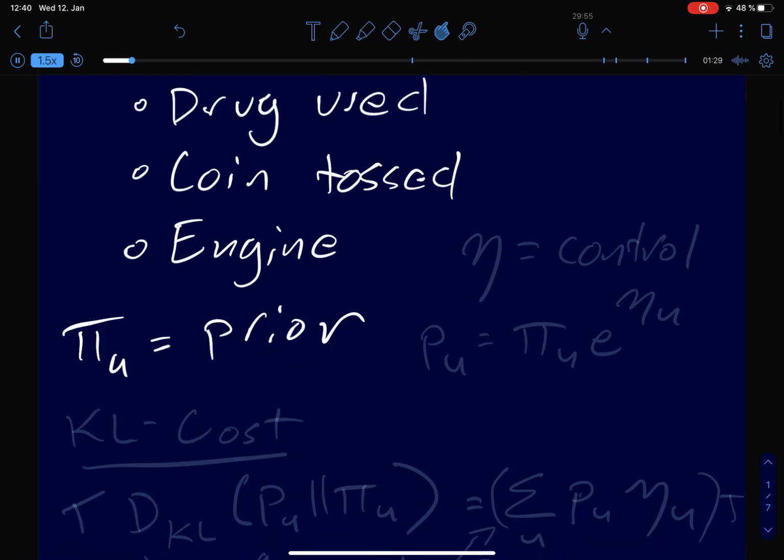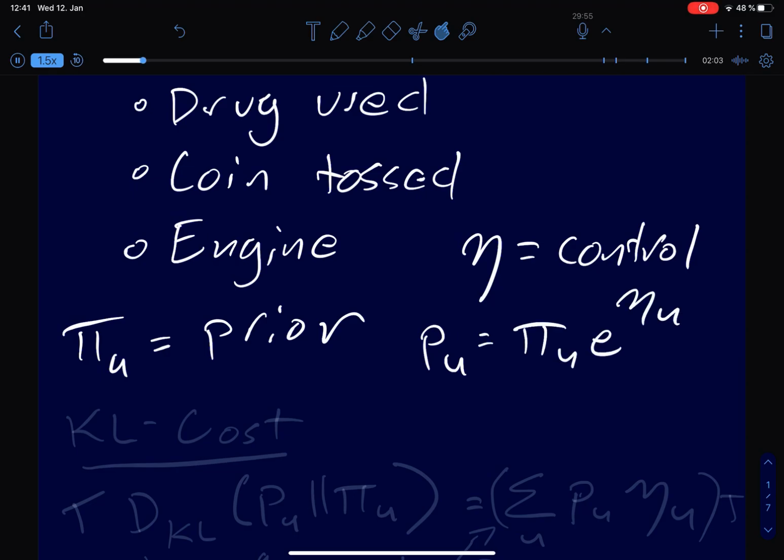So we might consider one drug to be inherently better than another, and so we have some kind of prior bias to a particular drug. Or it might be that they're all kind of the same, and so this is initially uniform. That's usually the case that we'll have. And then the idea is that we can affect some control, which I'll denote eta, and this changes the probability of an action. So the probability of an action is given by this control,